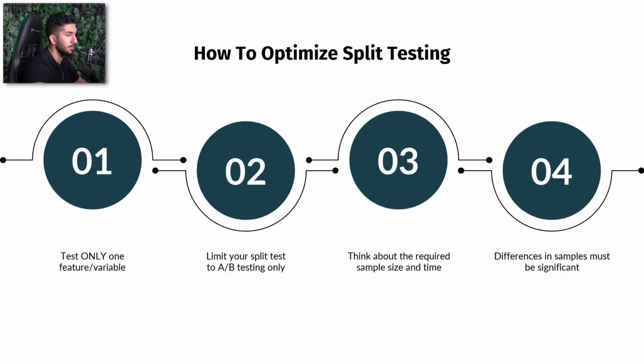So how to optimize split testing? Test only one feature variable. Limit your split test to only ABO testing, right? Think about the required sample size and time. Difference in samples must be significant. So what I mean by this is you cannot change only 2-3 seconds of the video. Everything must be different in order to have a higher chance of success and seeing which one is your winning